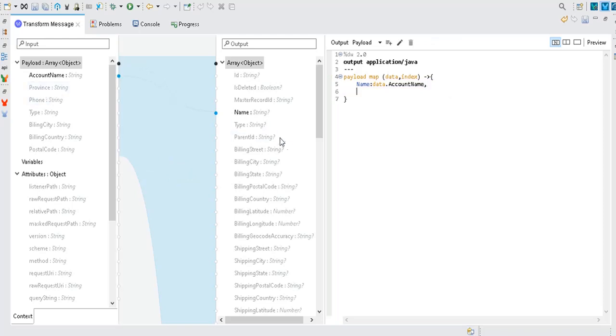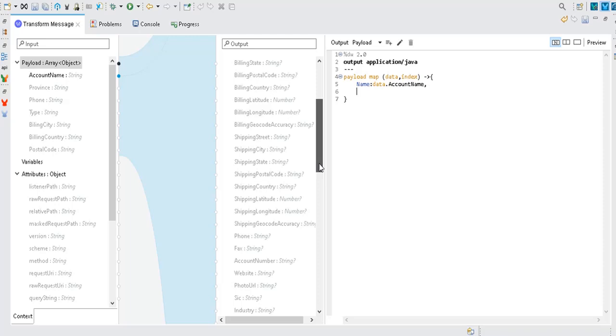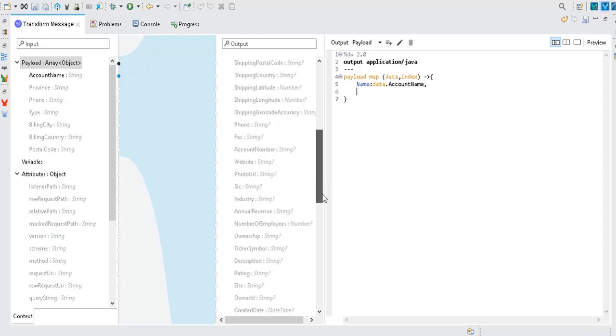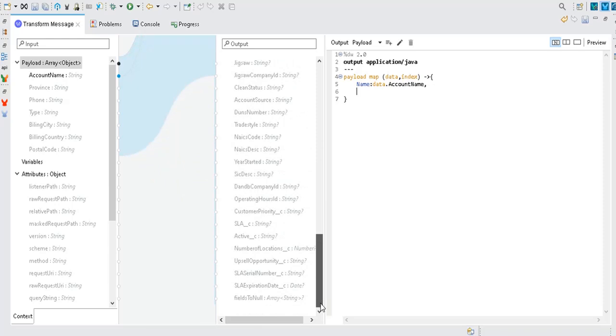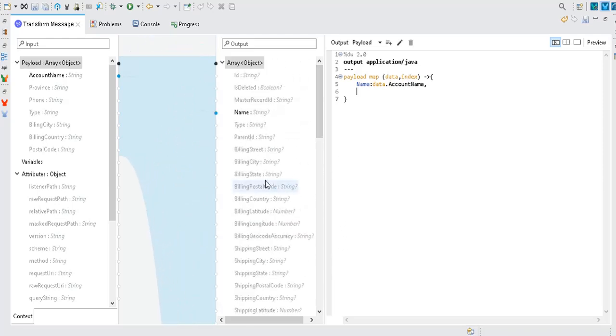So province, which field we need to map here? We need to search for what is the exact field we are going to map. Do you have any separate field for province? If yes, you can map with that. Created by ID. Okay, billing state, we can map it. Okay, no problem. Billing state, we can map it.